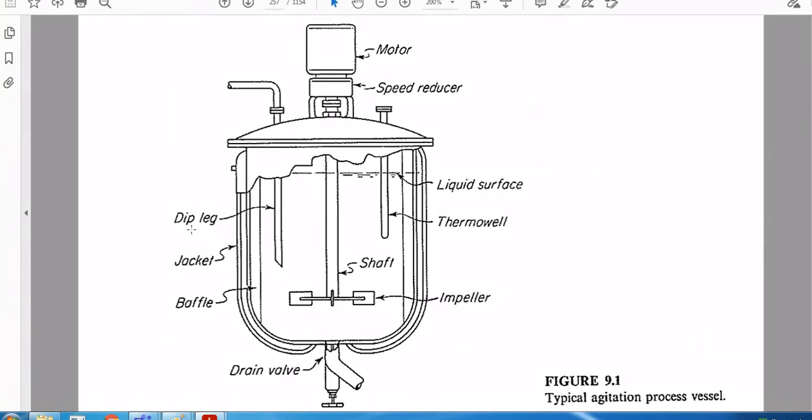For the mixing of liquids or for the reactions, whatever it is. Let us take a small example: ammonia is dissolved in water. For this purpose, you are going to use it. As I said, the first point is what? Check the cleanliness of the reactor, close the bottom valve, and then start pumping the water through the dip plug. What is the dip plug, sir? The dip plug is a provision through which we add raw materials to the reaction system.